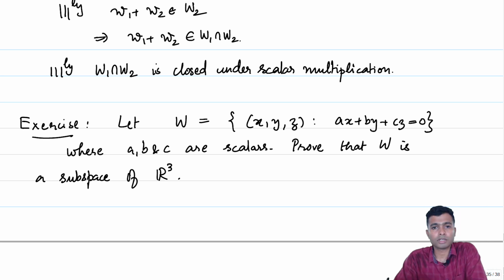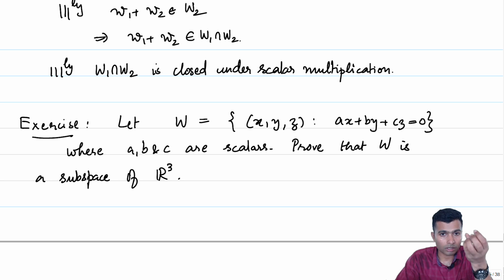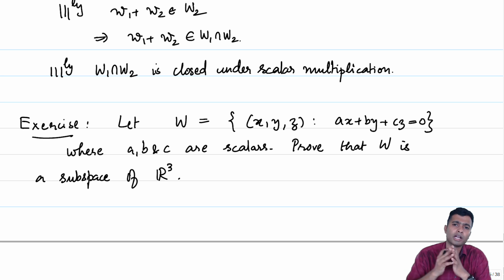And if you prove this exercise for every collection of scalars A, B, C, look at W corresponding to the equation Ax plus By plus Cz is equal to 0. That is going to be a subspace. So, we have many examples of subspaces. All these are vector spaces. So, yes, now we have plenty of examples of vector spaces. In the next video we will go forward by developing the notion of what is called a linear combination.